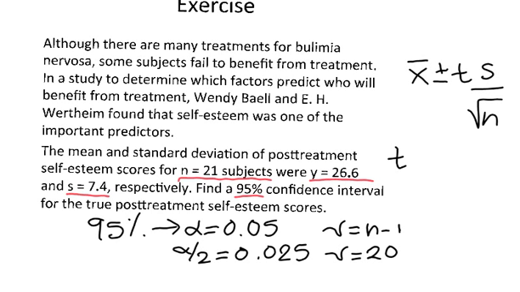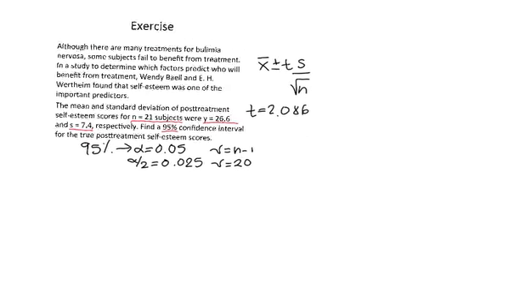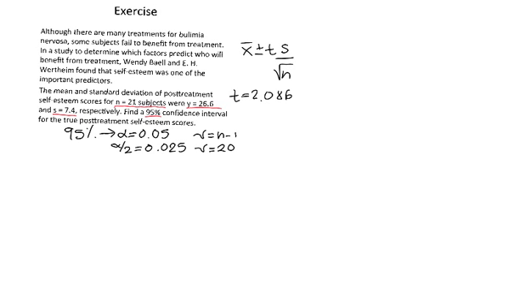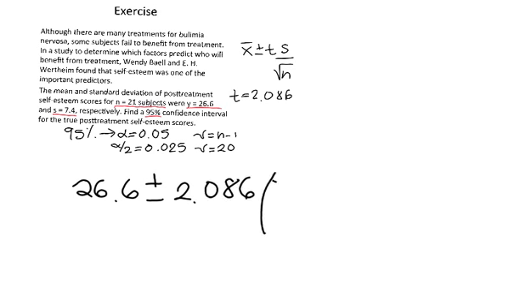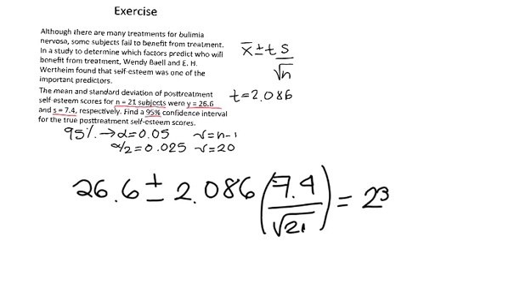Okay, so we have here the value of t. This is 2.086, and we actually have everything we need to get the confidence interval. We have x bar, well, in this case this is y bar, plus and minus the 2.086 times the standard deviation, that is 7.4, divided by the square root of 21. So this gives you 23.23, and the upper limit is